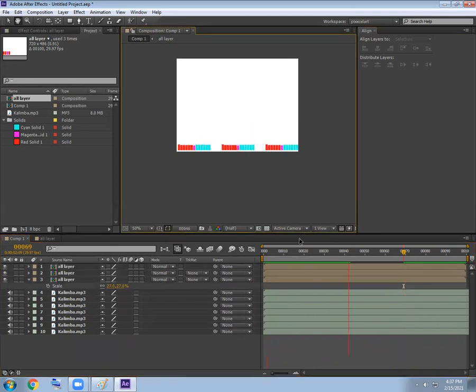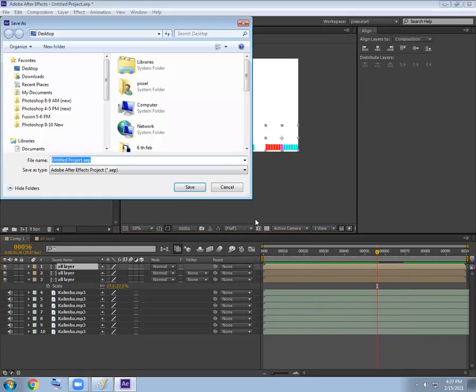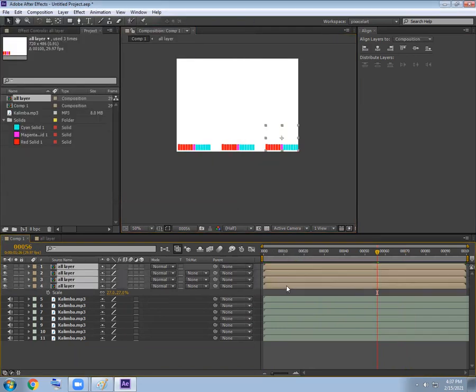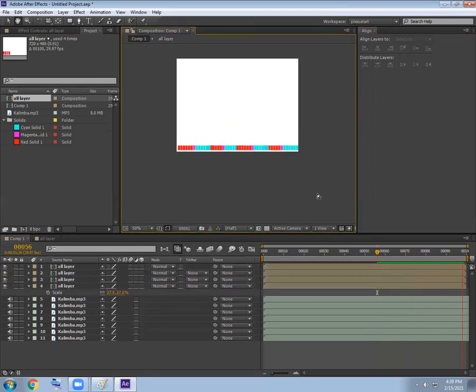So easy. One more. And how to duplicate? Control D. Same thing, whatever you have learned, that is only going on. No extra thing is happening up. On your television screen, always you find this kind of things are there on the upper bar and down bar. Just a pre-composition, only a single layer of animation, rest of the things arrangement.